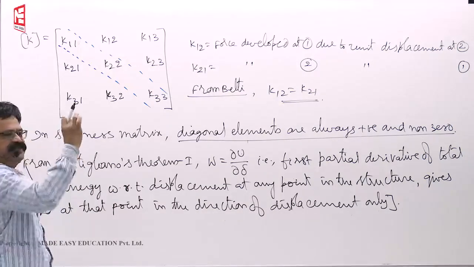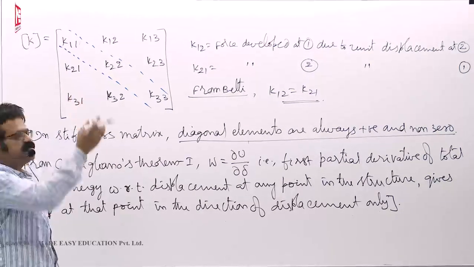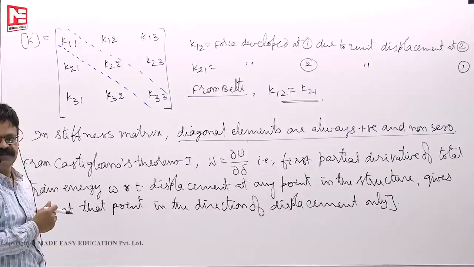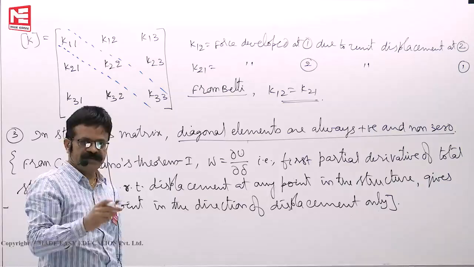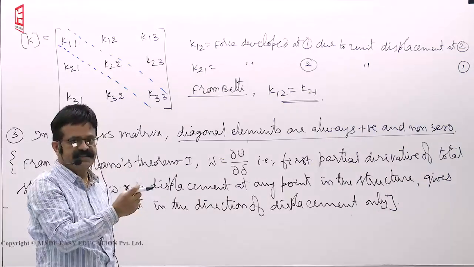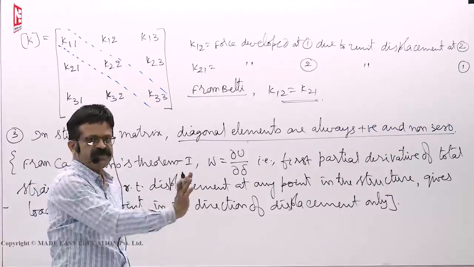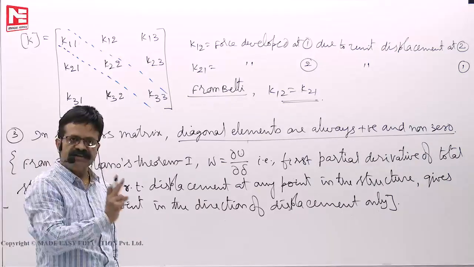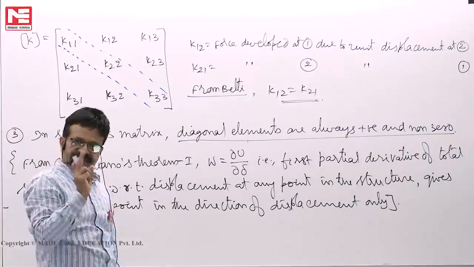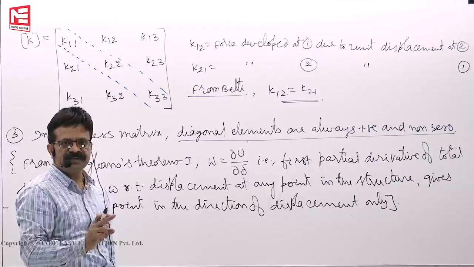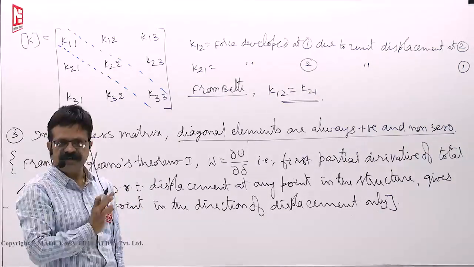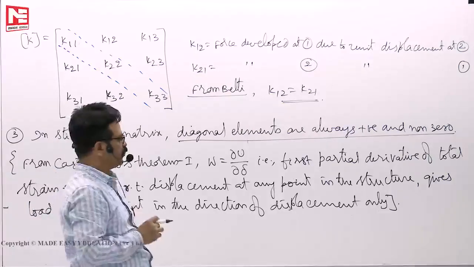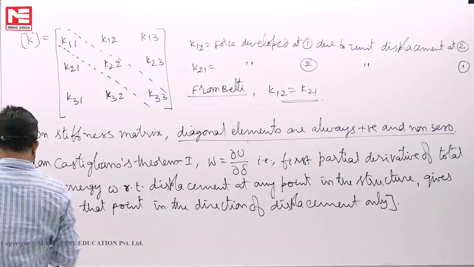When you hold it and lift it without any force, it goes up, which means it is a rigid body translation. That, I think, I told you in stability: without any resistance, if a body undergoes translation, it is called rigid body translation. If any structure undergoes rigid body translation or rigid body rotation, it means that this structure is unstable or a mechanism. Okay, so